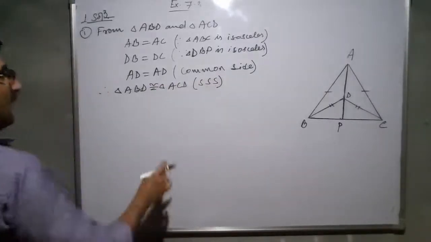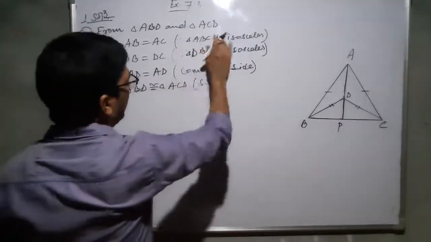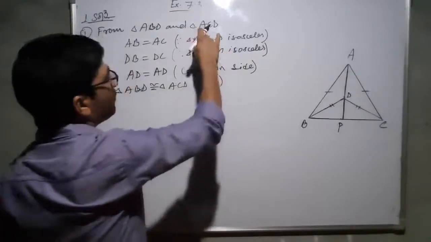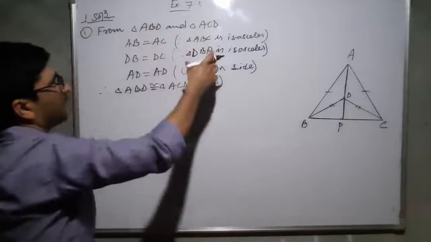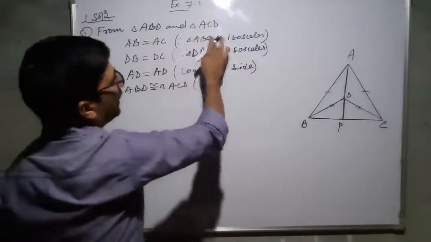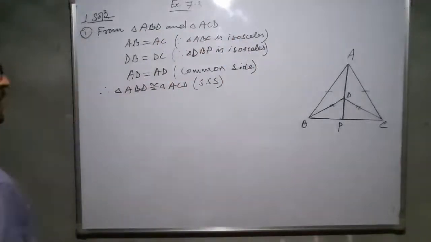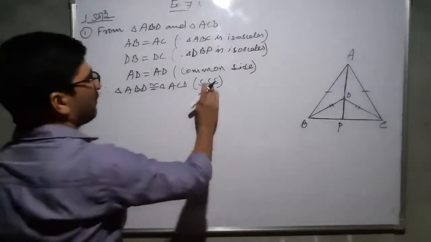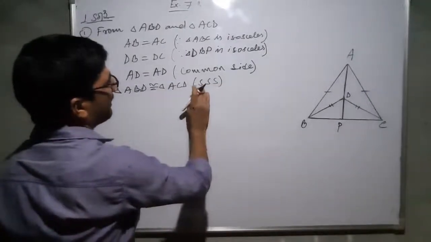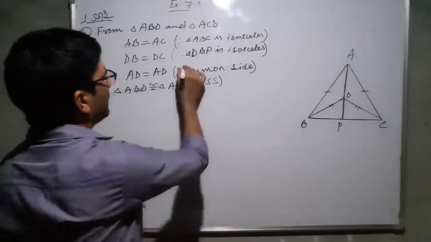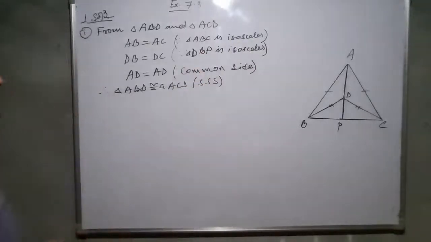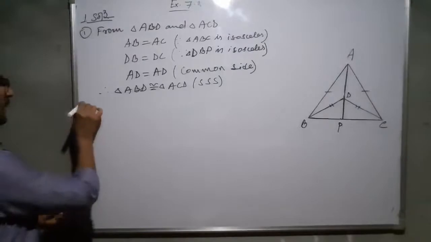Friends, I could have written here given, but specifically in the question AB equal to AC is not given. We have found that and written. So I have written triangle ABC is isosceles, which is better. You should not be greedy to write more; you have to expand it. That's better.